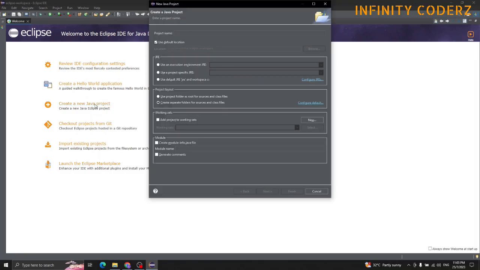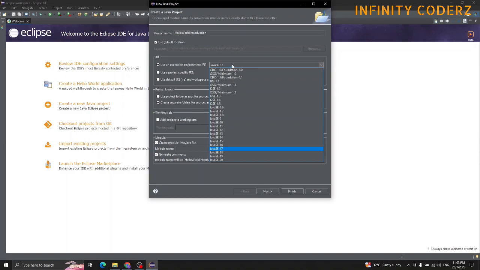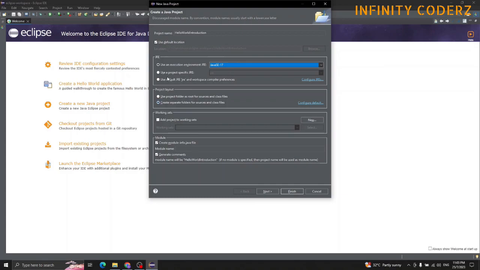Once you click on it, you can put in your project name. In this case, I'm doing a very basic introduction, so I'm just calling it Hello World Introduction. This is the location where the project will be created. And this is the environment I'm using, 17. It's optional, depending on what version of SE you set, you're able to use. All the other ones are already pre-configured by default. If you do need to set anything else, we're able to, then click on next.